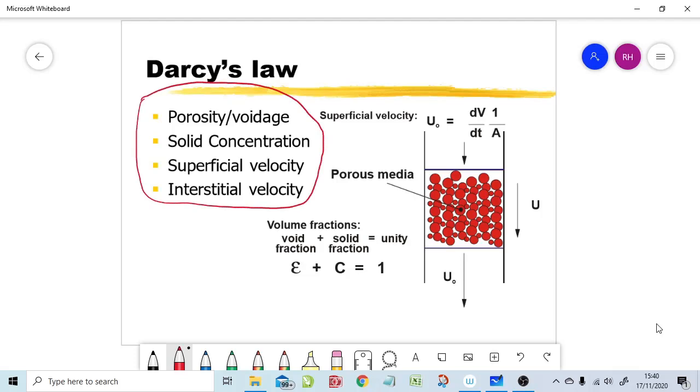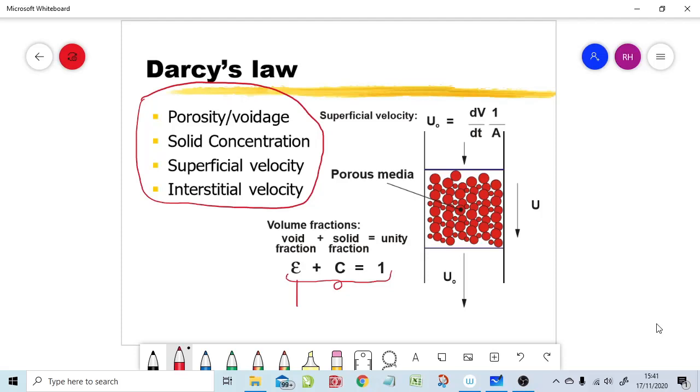The first one is the usual description of voidage and solid concentration summing up to equal 1. So these are volume fractions. This is the voidage or void fraction, also known as porosity, and that is the volume of voids divided by the total volume of the bed. Here's an example of the porous media